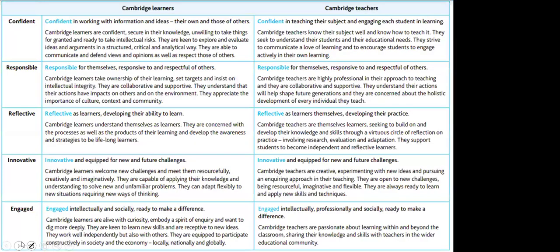And what are they in detail? Now, in the details, we have 2 things. I have compared for you here the learner's attribute and what we expect of the teacher. There is no way you will teach a child to be confident if you as a teacher are not confident, or to be responsible if you as a teacher are not responsible. So one of the